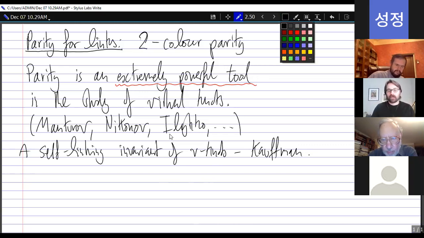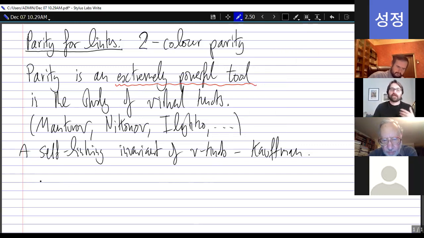And I'll just give one example. There's a very nice general principle is that parity allows you to say, for example, so e.g., you can prove that